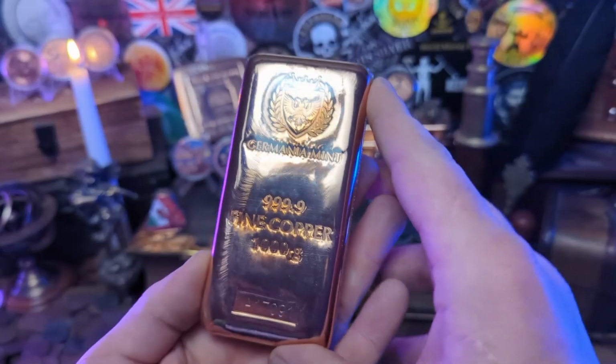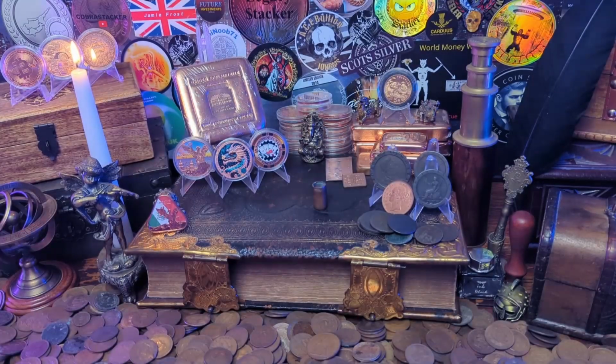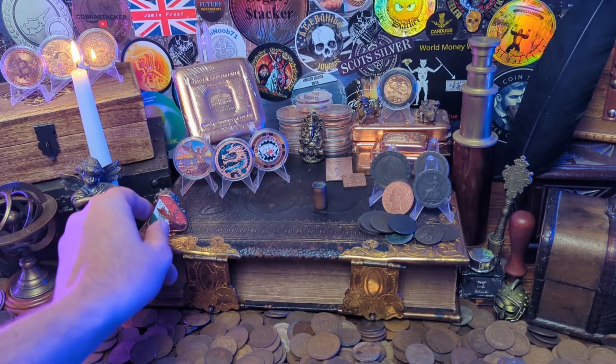So if that's the case, what are the benefits of buying copper bullion? Well, I've alluded to it a little bit already, and that is just how beautiful a metal copper is. Now, as I say, I've got some various different pieces in front of me today,